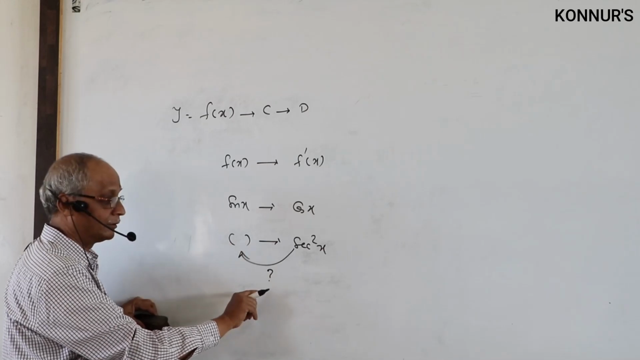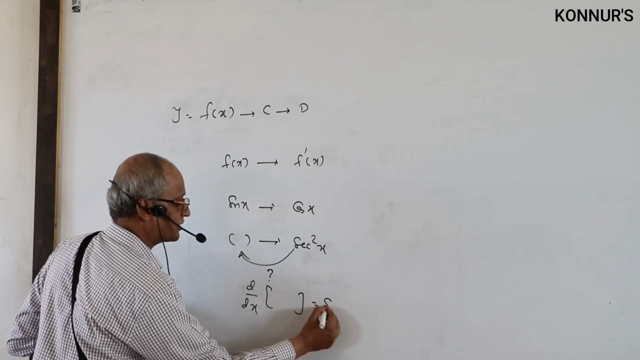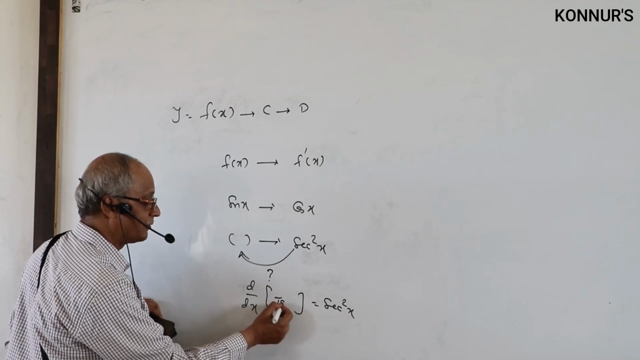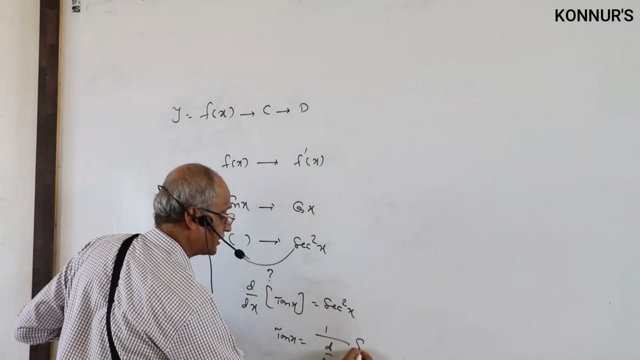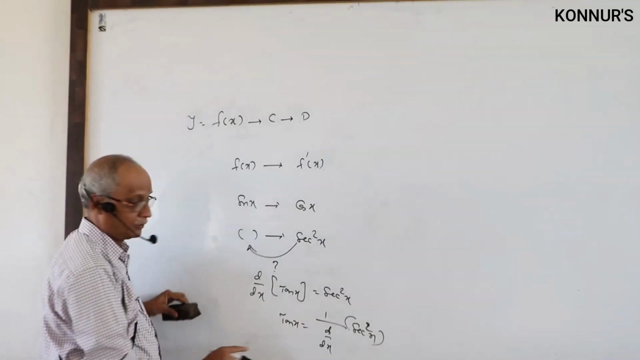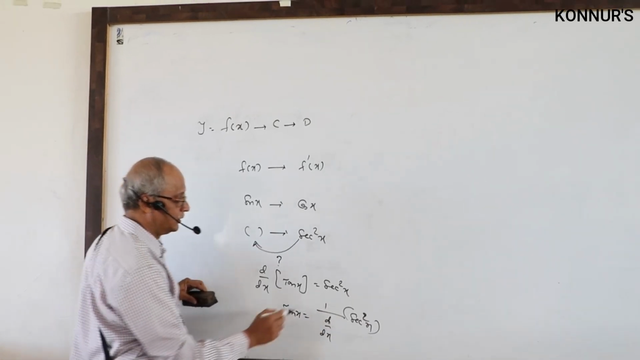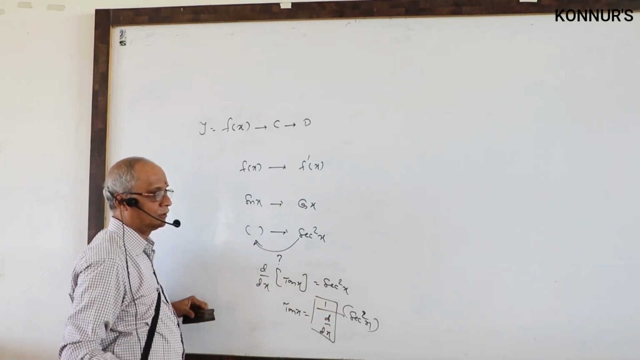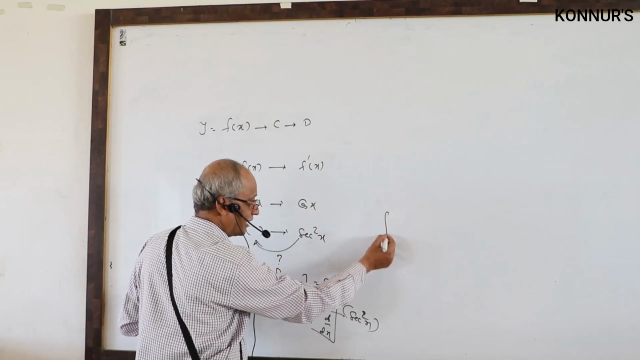That means d by dx of something is secant square x. What is that something here? Tan x. Therefore, tan x is equal to 1 by d by dx of secant square x. This is called anti, the reciprocal 1 by. That is the reason it is the anti-operator. But that 1 by d by dx is not suitable for symbolic form. So we change it into a simpler model, which is called the integral of